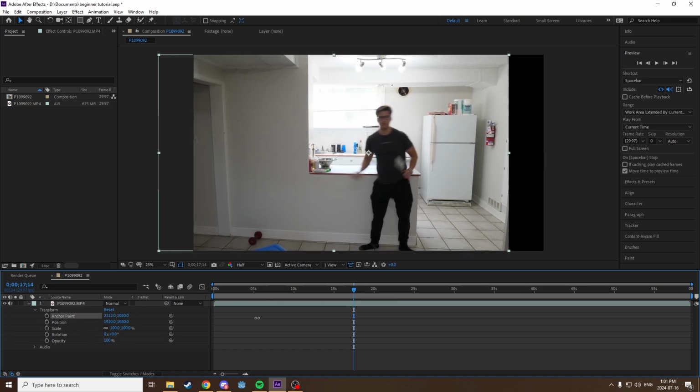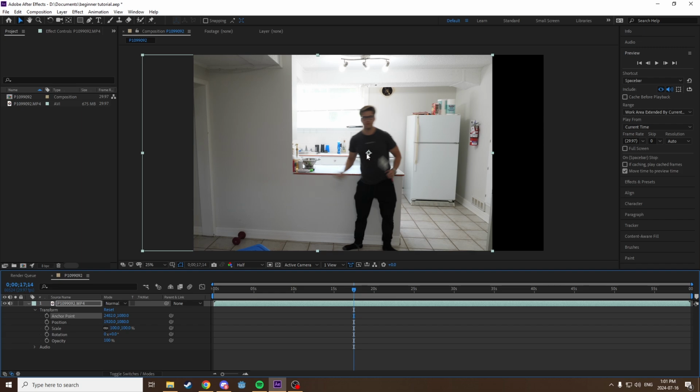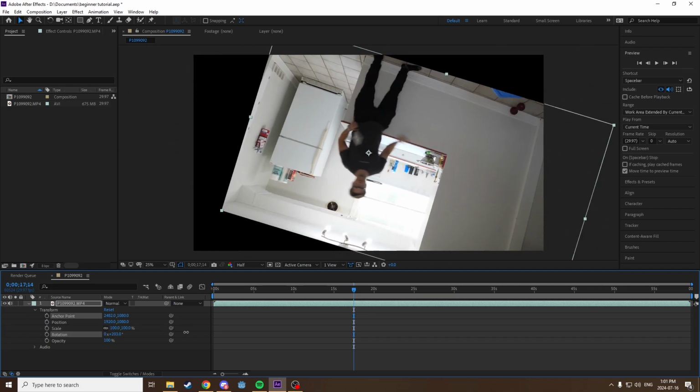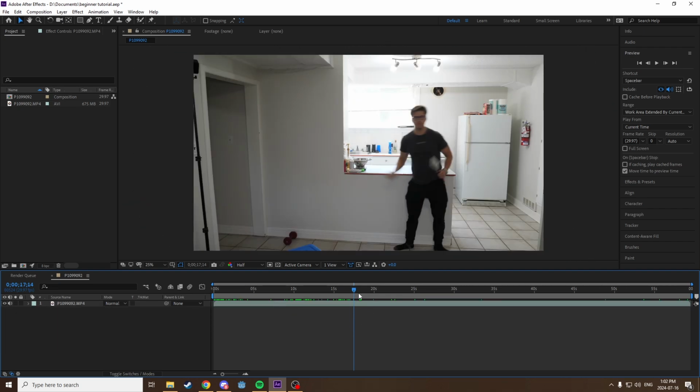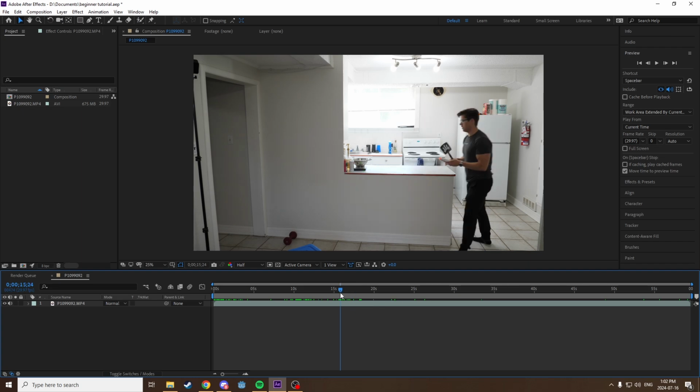Anchor point also moves it around, but as you can see, this center point of it stays in the center. So if you move the anchor point and then rotate, as you can see now it's rotating around a different point. So to achieve the effect that we're looking for here, we basically have to layer in two parts of